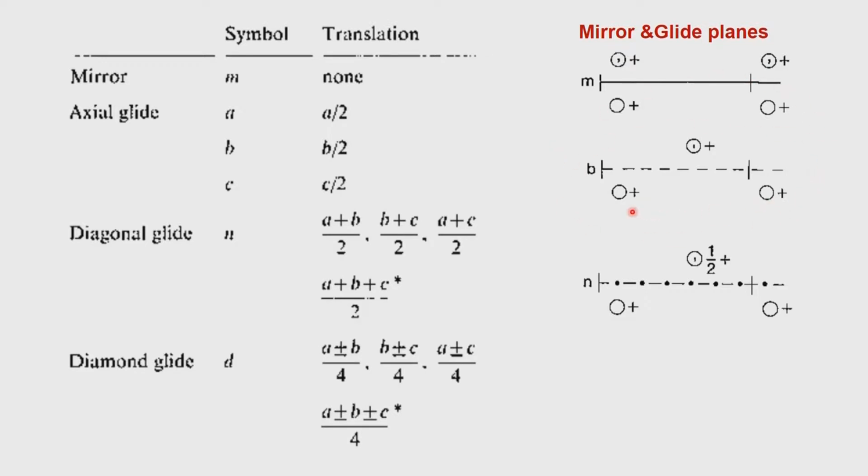If you go back to the very first class or the second class, you will see that we did discuss this in terms of an Escher diagram, and you can go back and check that Escher diagram again and see how this operation, the glide operation, is coming up. There it is very clearly indicated with respect to an object.